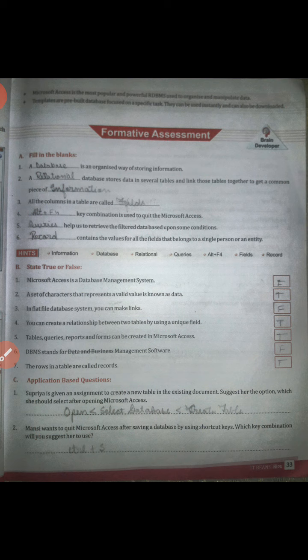Second, Mansi wants to quit Microsoft Access after saving a database by using shortcut keys. Which key combination will you suggest her to use? For saving, CTRL, that is Control plus S, is the shortcut key.